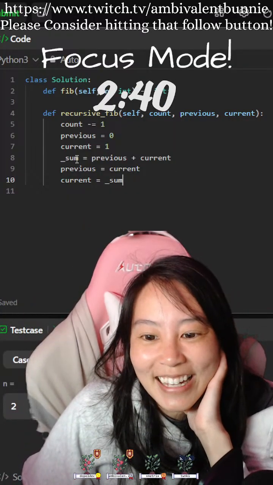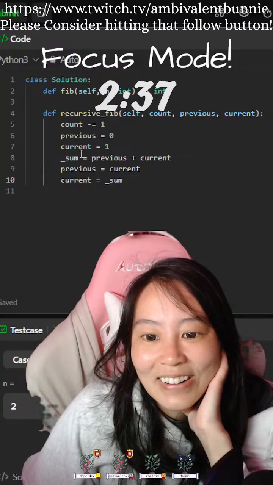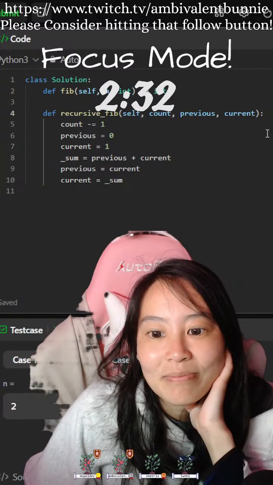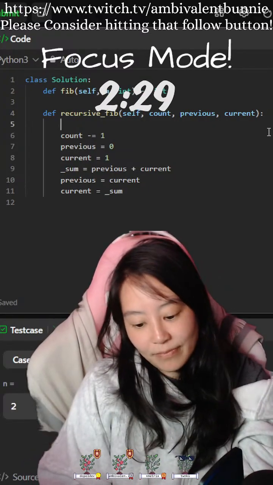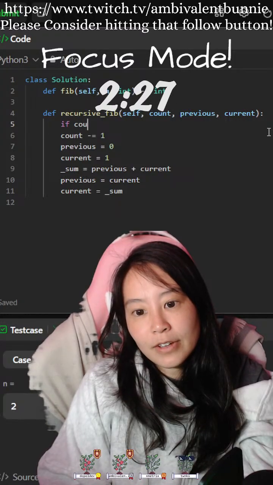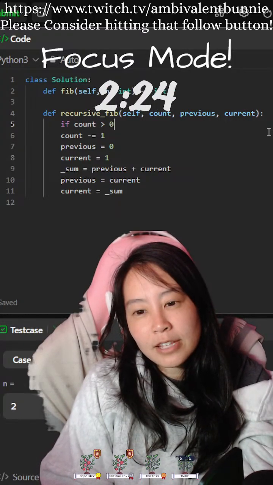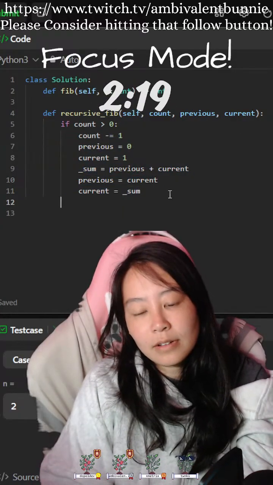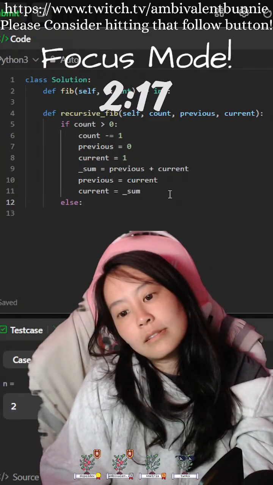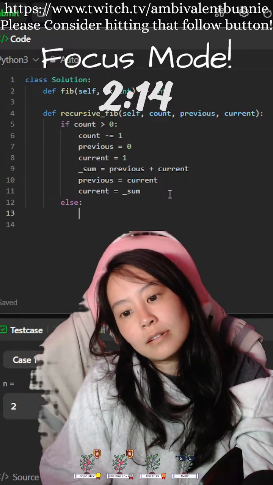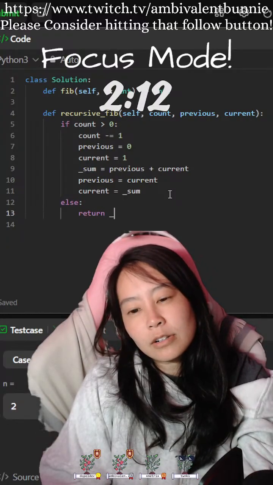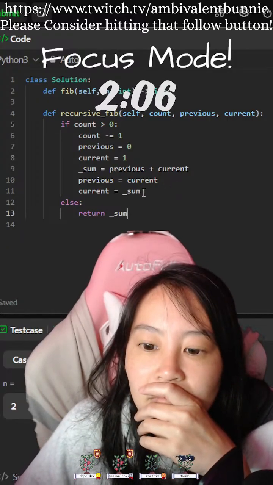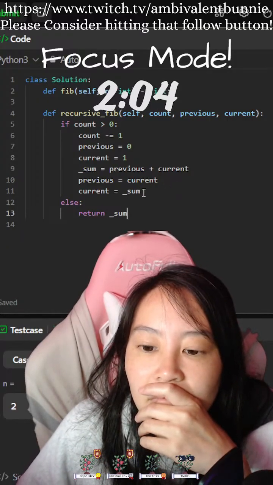Okay, so then we're going to go if count is greater than 0, else return sum.